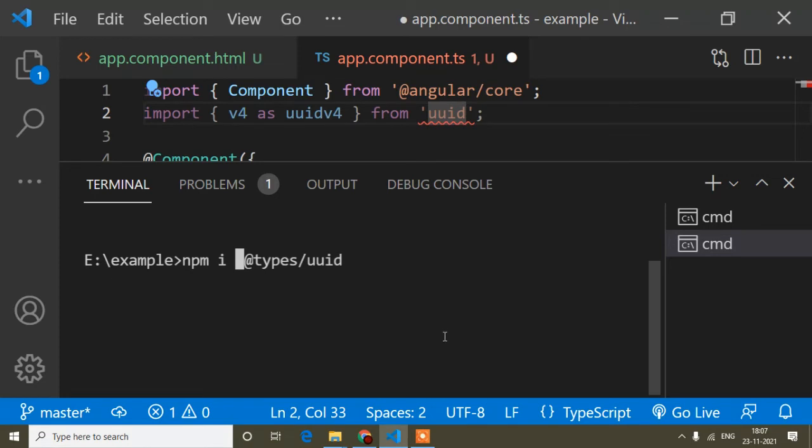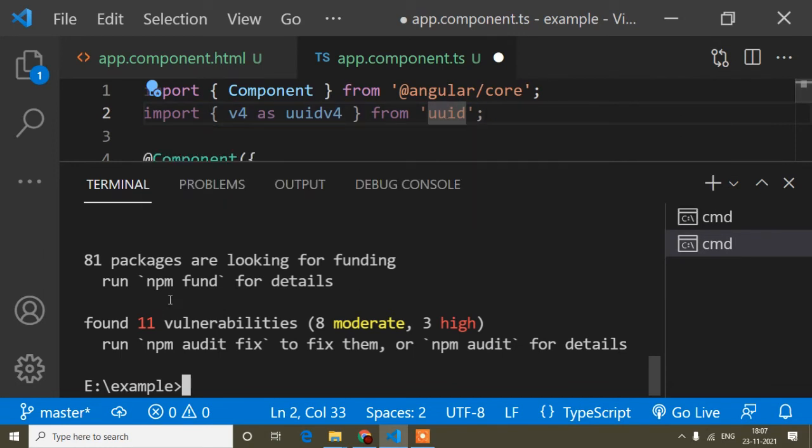You have to paste this command in your terminal and press enter. It will install the types of this uuid, and after that the error will be removed. So guys, here you can see installation is completed and the error is removed.